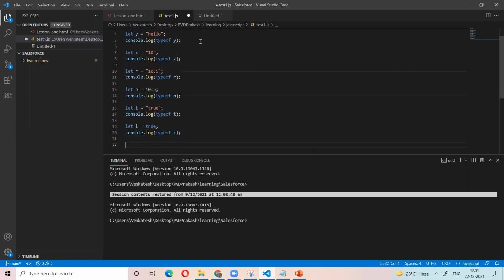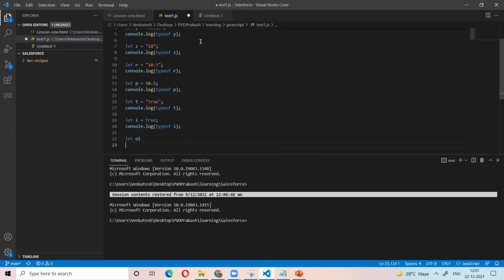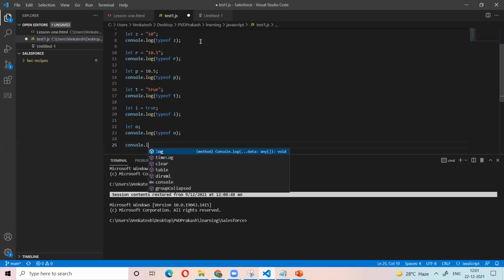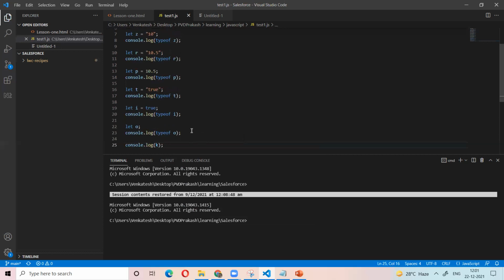Boolean. Line number 23? Undefined. Line number 25? Not assigned a value. K is not defined.